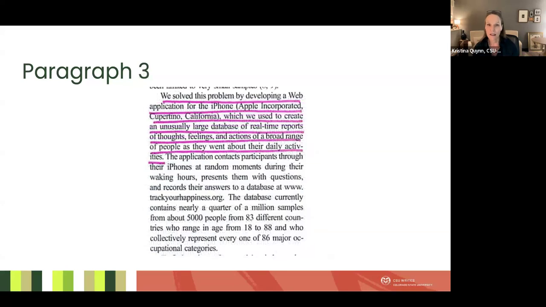And then they get to their approach. They're solving a problem about being able to identify this in daily life, not just in the lab. And how do you access people's experiences about their minds wandering or not in daily life?